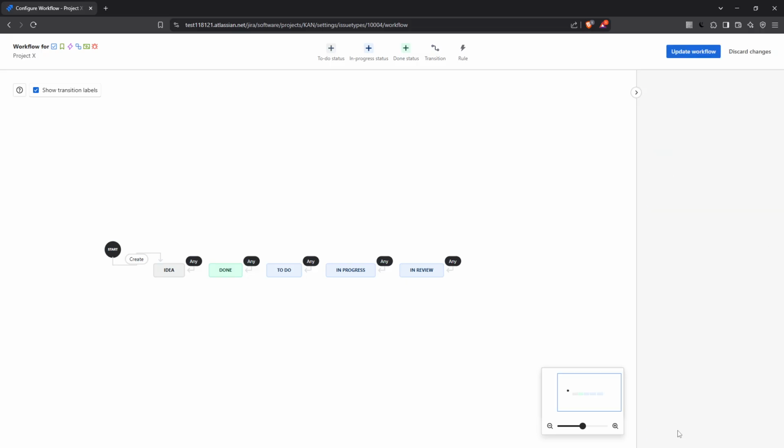It's important to remember that deleting a status is a permanent action, so you might want to verify if there are any issues currently in this status, or consider backing up your workflow just in case something needs to be reverted later. By following these steps, you'll be able to effectively manage and clean up your workflows in Jira by